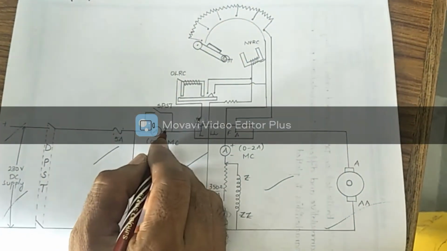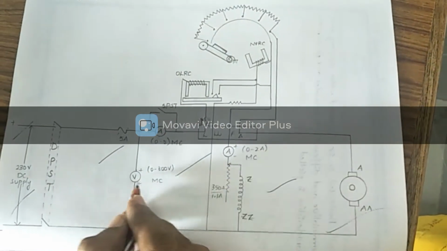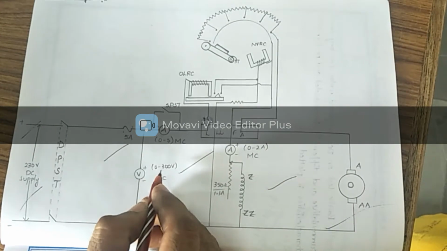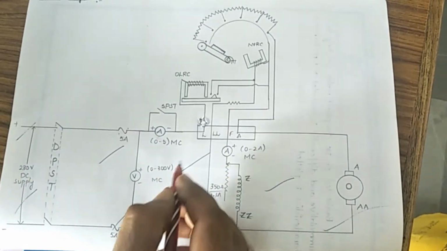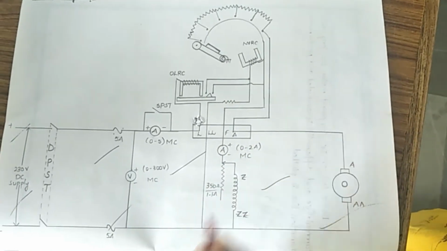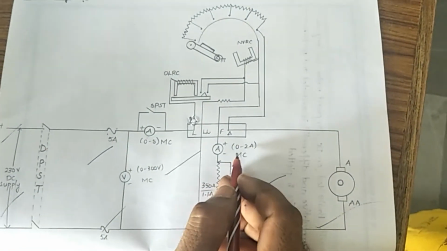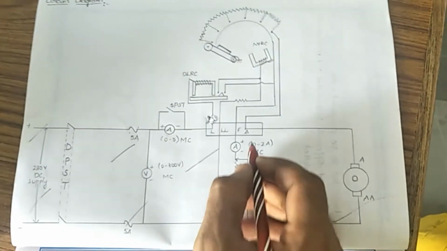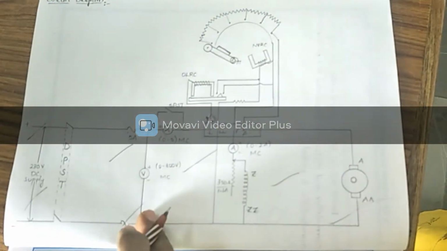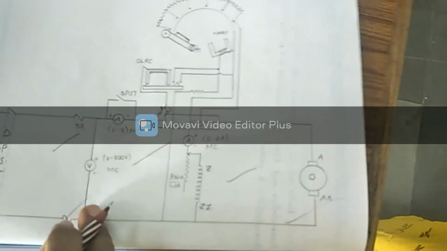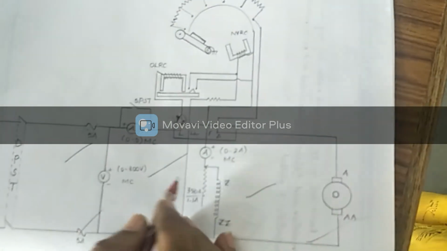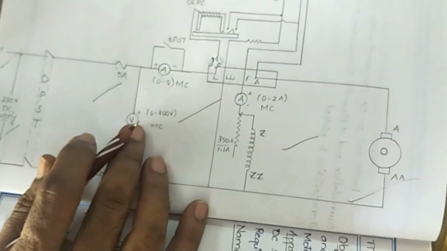Of course, plus terminal, minus terminal. The voltmeter is directly connected to 230 volts, hence the range of this voltmeter must be 0 to 300. And this is the field ammeter. As mentioned earlier in the nameplate details, the field current is 1 ampere maximum. Therefore, you can take the range as 0 to 2 amperes. All these meters, since this experiment is basically a DC test, you need to take moving coil instruments for these ammeters as well as voltmeters.